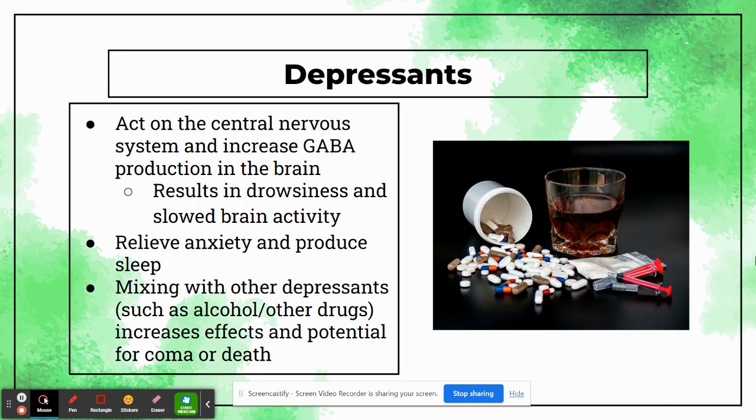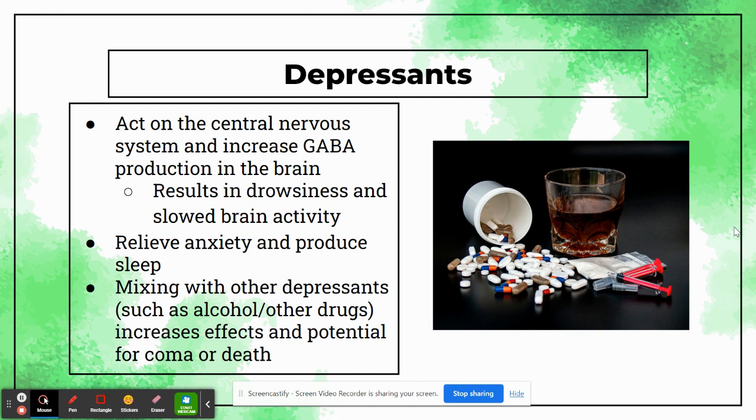Okay. So there's two final categories, and I sort of separate them because depressants, technically alcohol falls under that category, but I split it off because it is something that's so widely used in the United States specifically. Depressants themselves will work on the central nervous system in the brain to increase what's called GABA production. GABA gives that drowsy feeling, that relaxed feeling. So for someone who does not typically produce that well, they don't really get the feeling of relaxation or calming down. The depressant medication can help them with that.